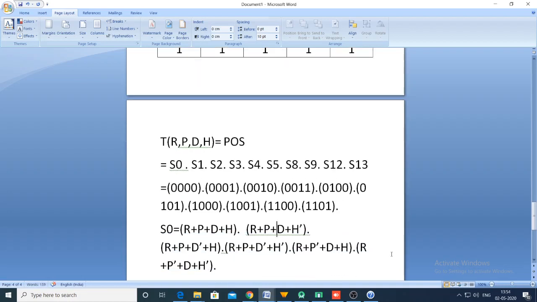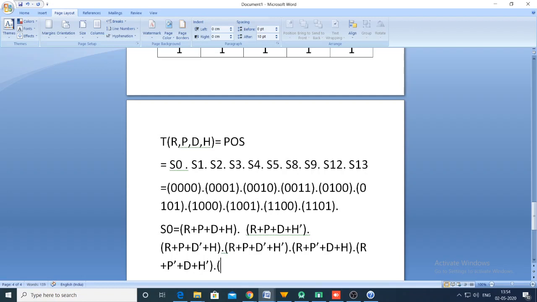So the first one is 0 0 0 0. The first 0 indicates R, the second 0 indicates P, the third 0 indicates D, and the fourth 0 indicates H. So R P D H, and the second one R P D plus H bar, and the third one R P D bar H, R P D bar H bar, R P bar D H, R P bar D H bar, then